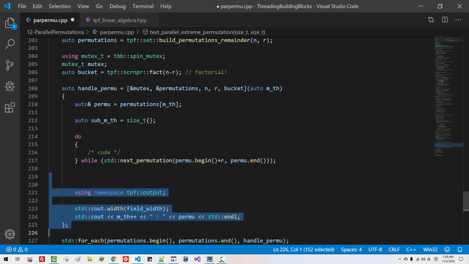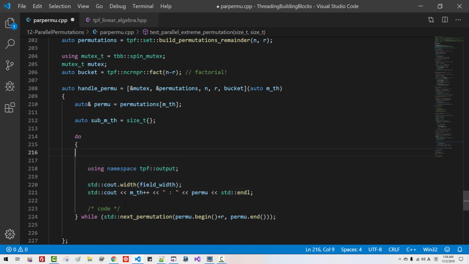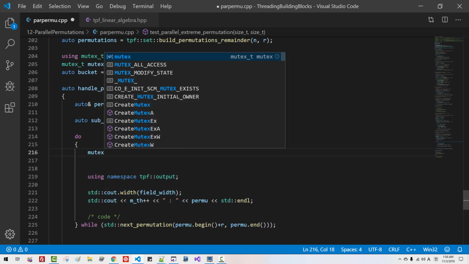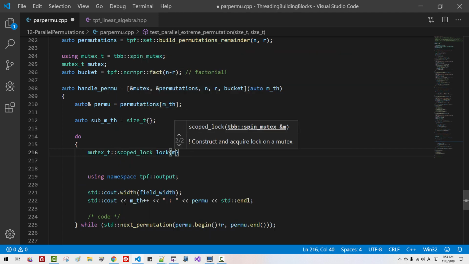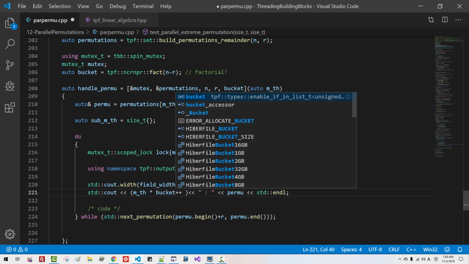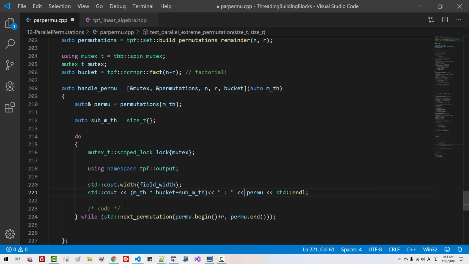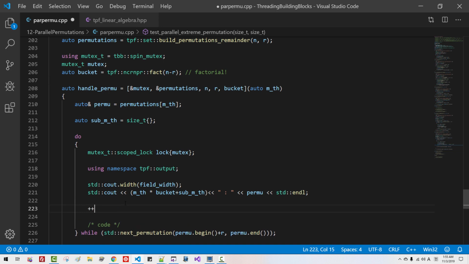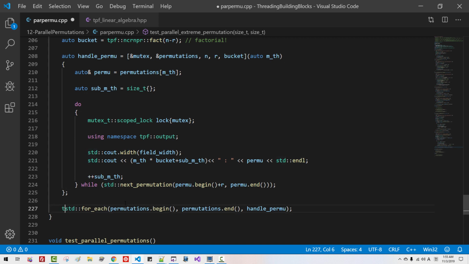Now copy this part, cut, paste it here, indent a little bit, mutex T scoped lock, mutex. Here we have to modify like this: M's times bucket plus sub M's, fixed like this, then plus sub M's. Now we turn it into a parallel algorithm,